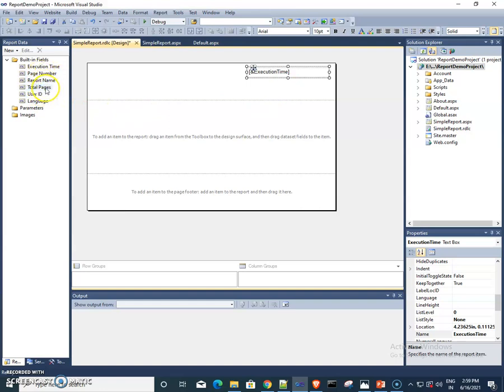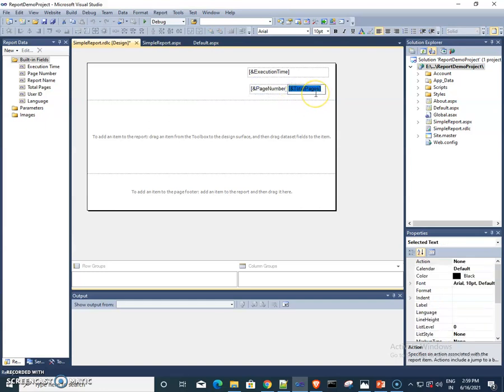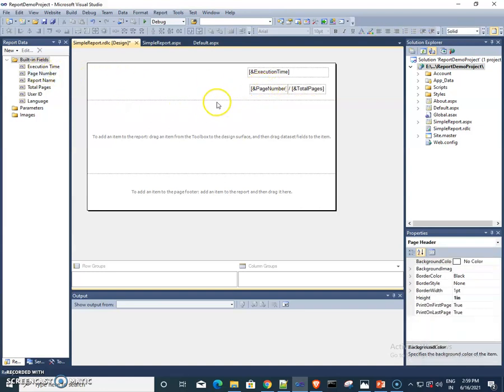Then if I want the total number of pages and page number, like 1 by 5, 1 is the page number and there are a total of 5 pages. So I can show 1 by 5 or 2 by 5, meaning on the second page such things will be displayed. So such built-in fields are available here.